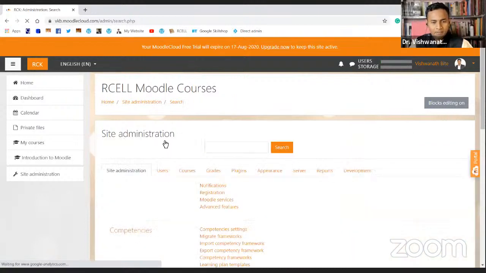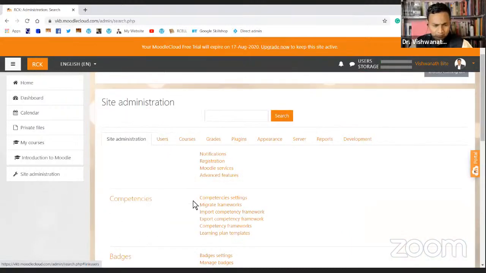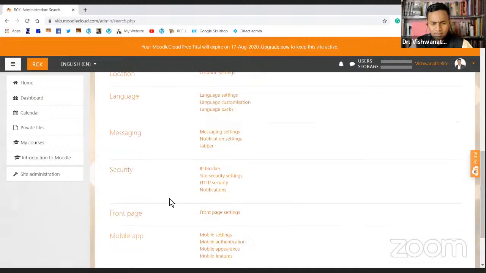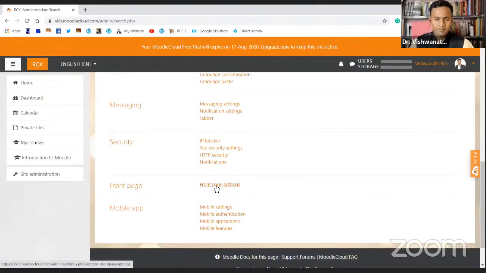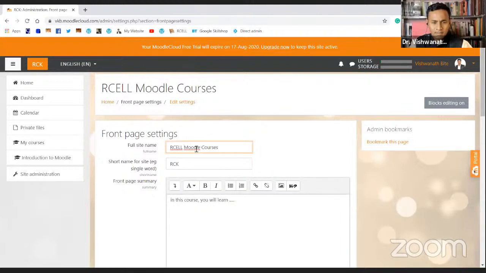Okay. Now, the next tab has messaging, security, front page, and okay, front page is the important setting because you want to change the entire look of your page. So here you can see right now in the front page, on the top, you can see RCELL Moodle courses. But if I just want to change my site's name, I can just change it to my name.